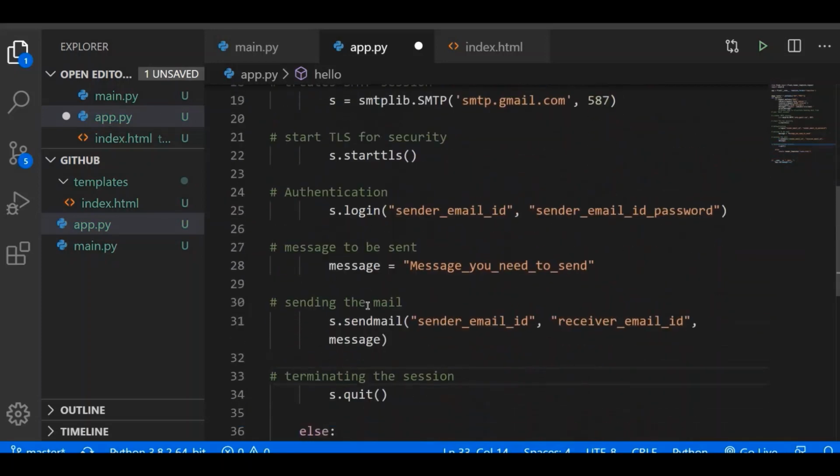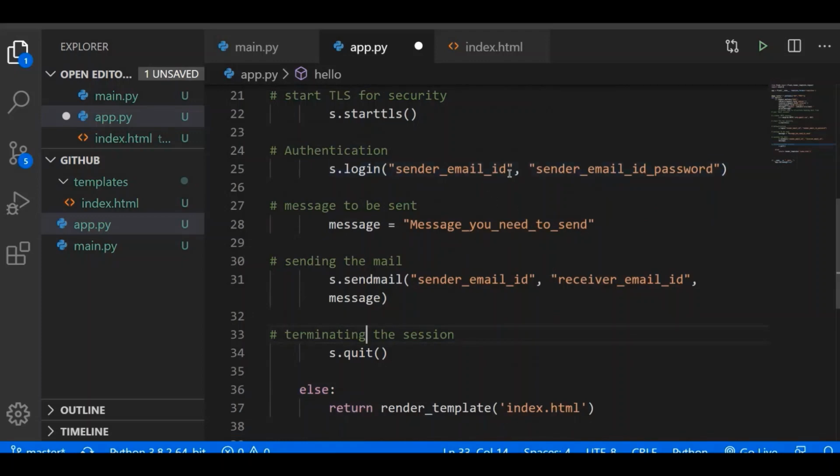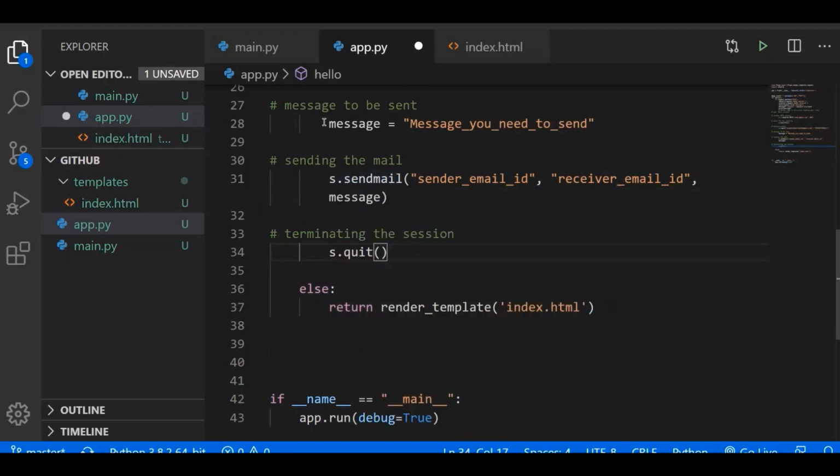So for now I will pause the video and I will write my email ID and password. You can write yours also. So I have written my email ID and password, and now you can use this message.